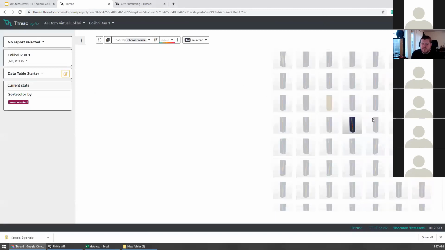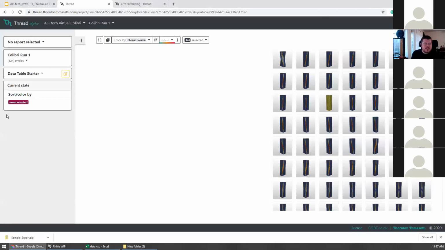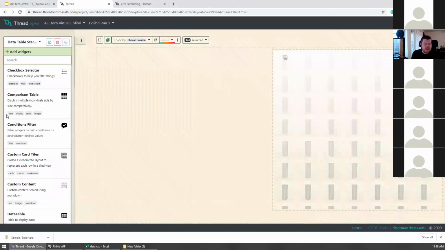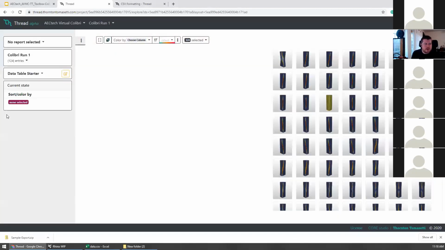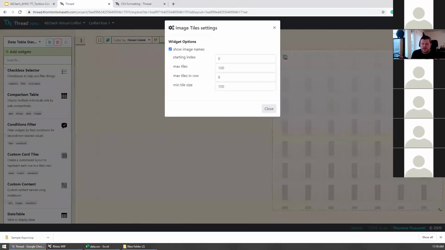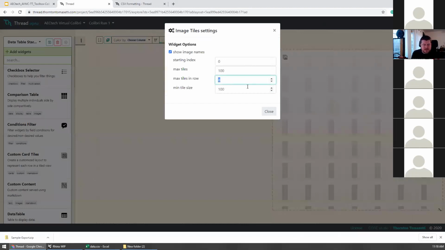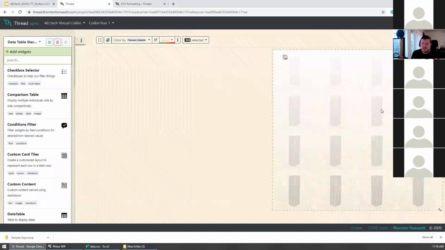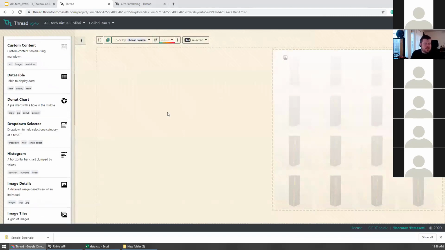So the thumbnails right now are kind of small and difficult to see. So I'm going to go back into my editor, by clicking the edit button again. And for the image tiles under the settings, I'm going to go in and set the max images in a row to 4. And so now I'm going to get larger images. But instead of just clicking on each one, maybe what I want to do is start to filter through all of my data and maybe filter for the largest floor plate area, the smallest number of unique panels,